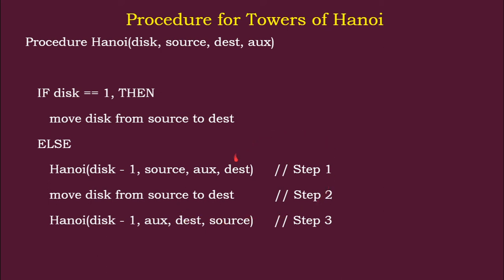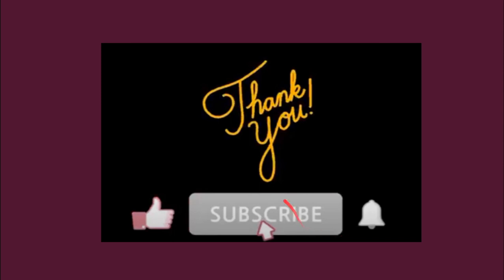Okay, so this is how the Towers of Hanoi procedure works. We are using the recursive call Hanoi with the necessary parameters. So that's all. This is how the procedure helps to move the disk from one place to the other place, and hope it is easy to follow, and thanks for watching.